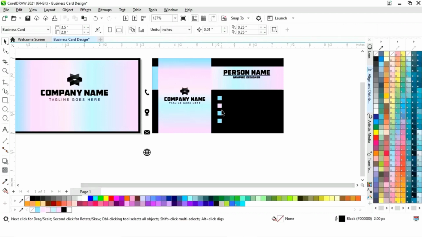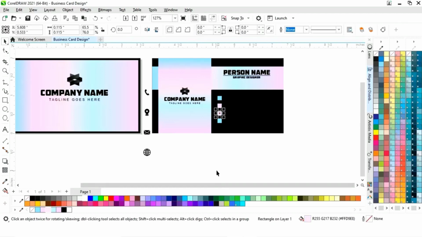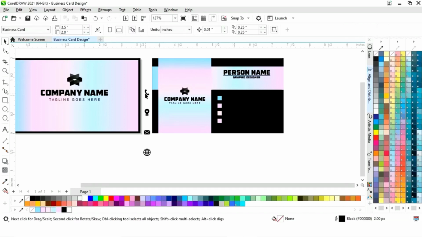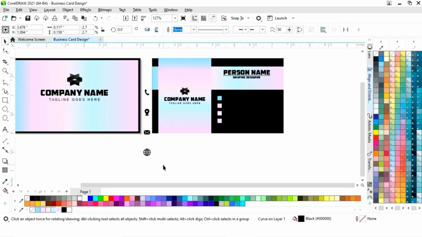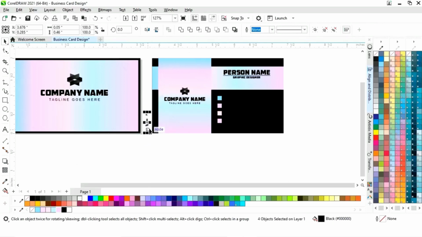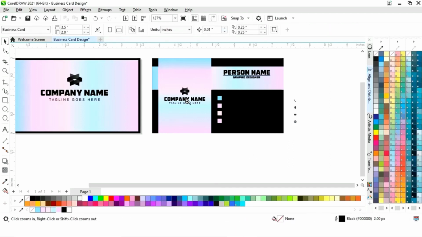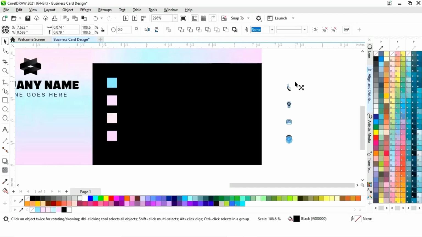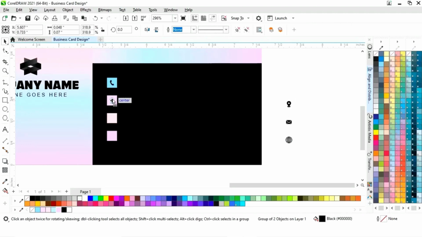I will change the color of the square boxes. Now we will place these icons one by one like this in the center of the square.